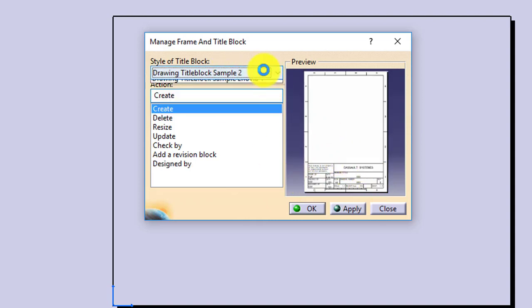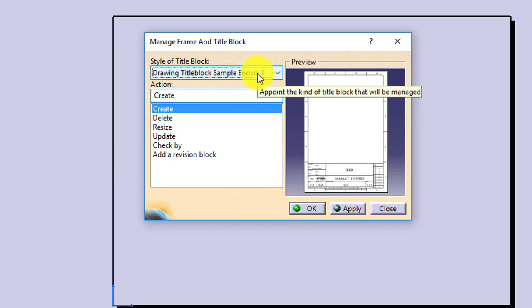This is another one. This is another one. These are actually defined by Dassault. If you want them to be changed, then you will need to go for some customization, which Dassault can do, or you can go for a customization expert. They will give you the defined title block or template as per your own requirement. Minor modifications we can make over here.